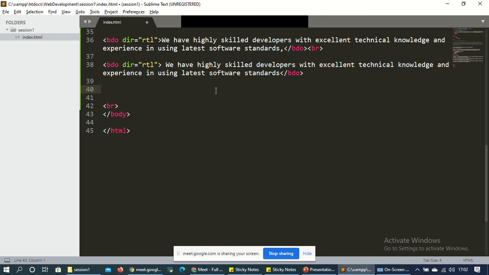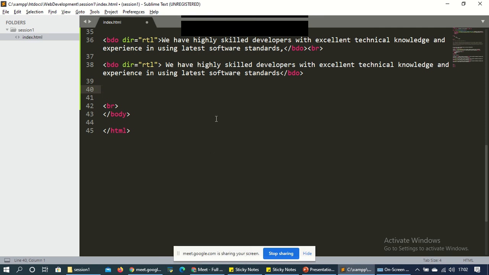So this is the comment section, and now we'll go to the color. We have seen yesterday how we can apply color. So now link we have seen. Okay, so CSS we'll discuss after the completion of this HTML, because CSS has three types. There are three ways where we can apply CSS in our programming, in our HTML page.